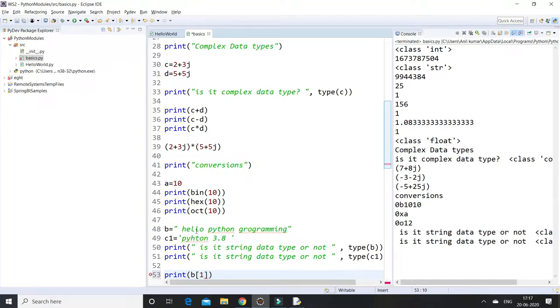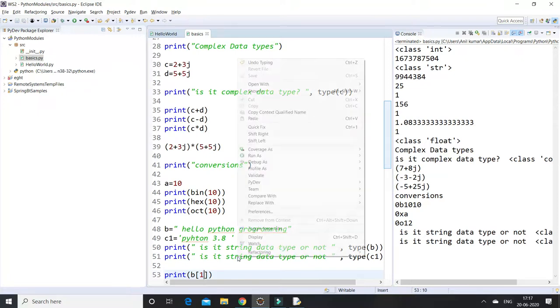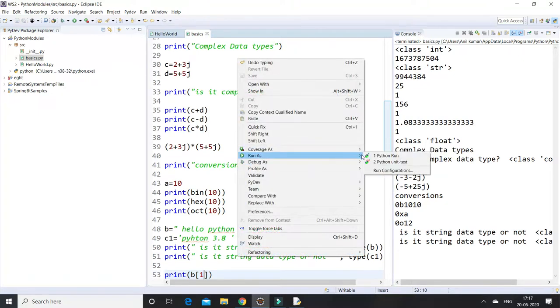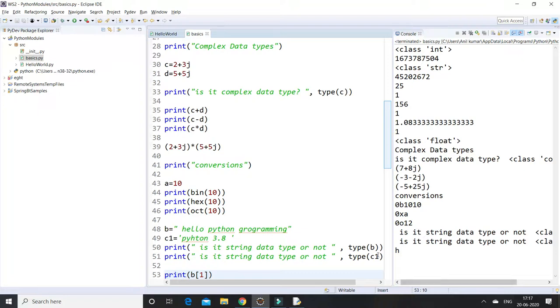Index elements always start with 0, so 0, 1: the second element of this string is E. This way you can get the particular element. I will explain these operations in the upcoming session: how to access a string in forward and reverse direction, how to use string methods, and dictionary, set, list and tuple.